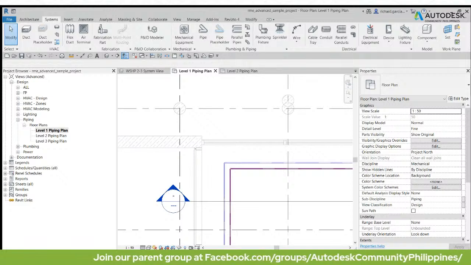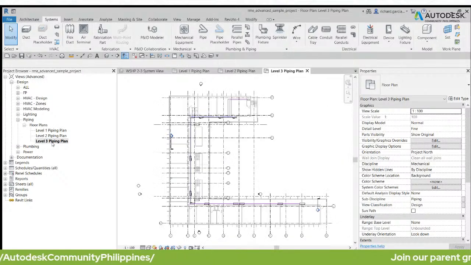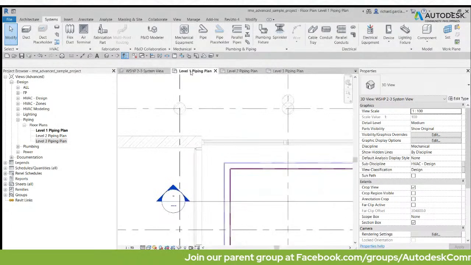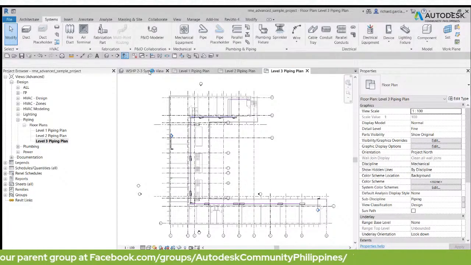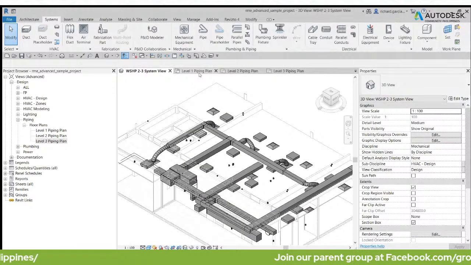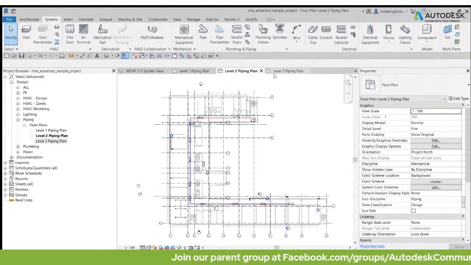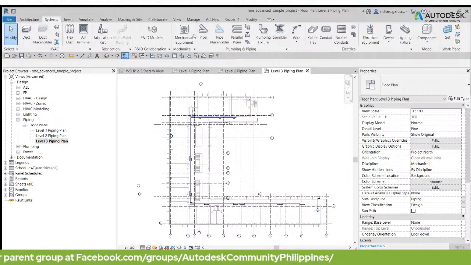tools here. Okay, and then you will notice every time I open a view, like for example, I open level 3 piping plan, if I double click that, you will notice here at the top it shows you all the views that you have open in your project, right? Which is useful. So if you want to see all the views that you have open, in my case I have 4 views currently open, and I want all of these views to be open in my view, what I can do is go to the view tab,